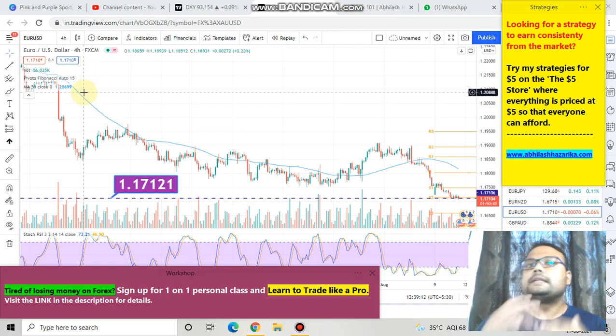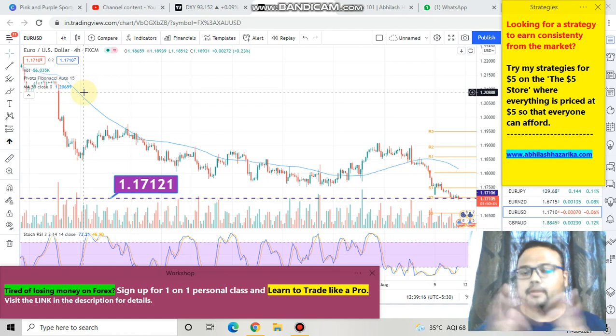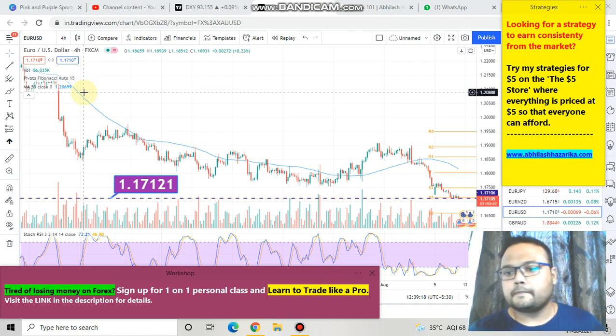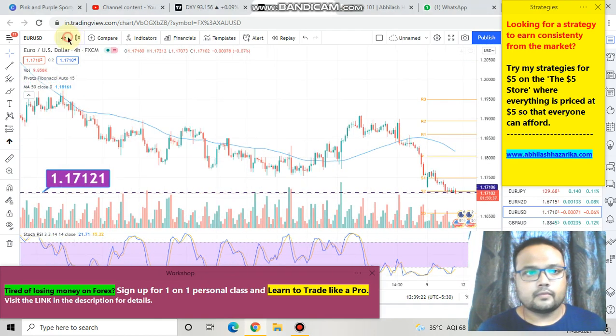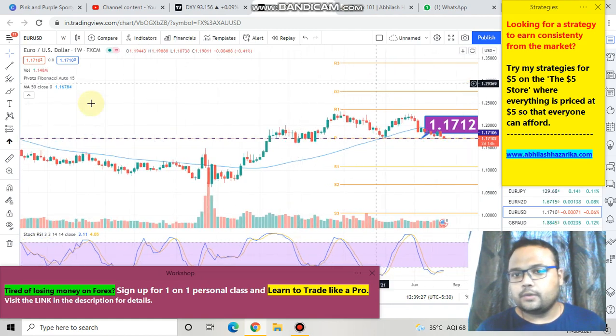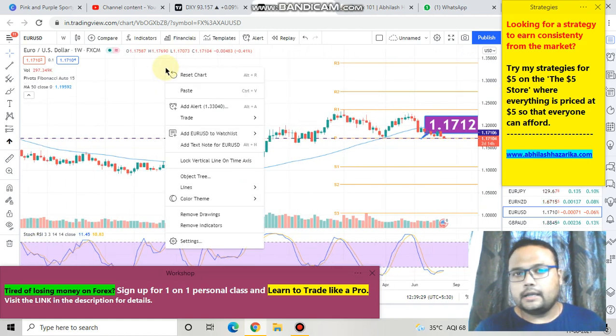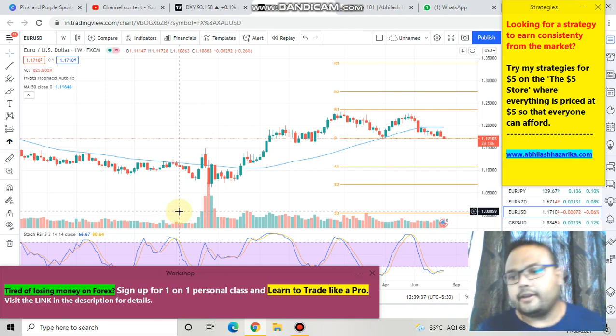But there are certain levels or certain things on the chart of Euro USD that we must understand first. For that, we need to go to the weekly chart here. This is the weekly chart of Euro USD, and as we all know, the higher time frames like the weekly chart and daily chart belong to the big boys, the institutional traders. Therefore, they are very important.